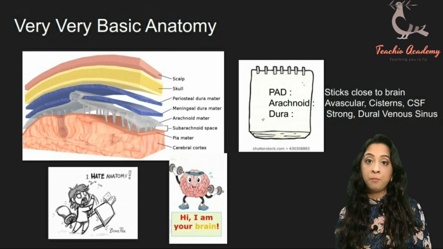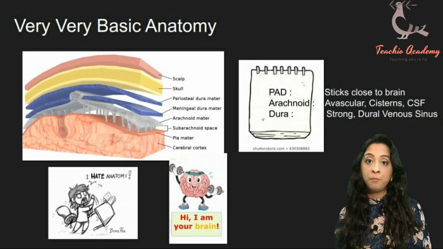It'll become important. Now, the outermost layer is your dura mater, which is the juicy layer of the brain. So on the screen it looks blue in color. Indeed, it is very rich in your veins, and it forms the dural venous sinuses or the venous system of the brain. This will become very important when we talk about subdural and epidural hematomas / hemorrhages. That's it. You don't need to know anything else about the layers of the brain.